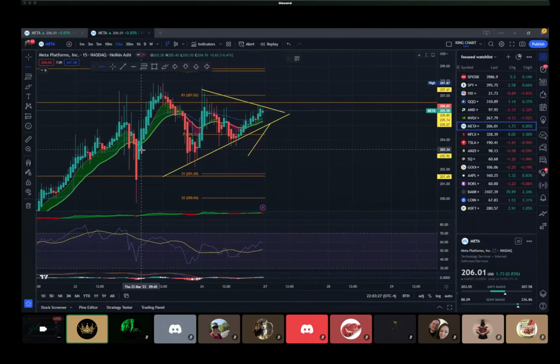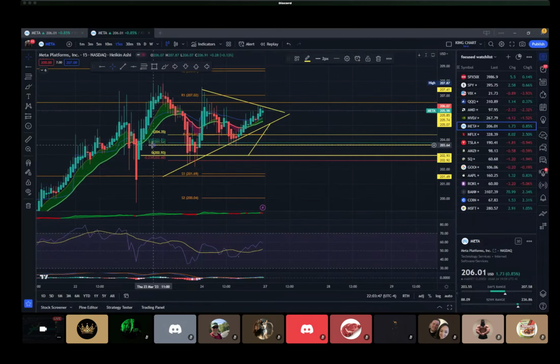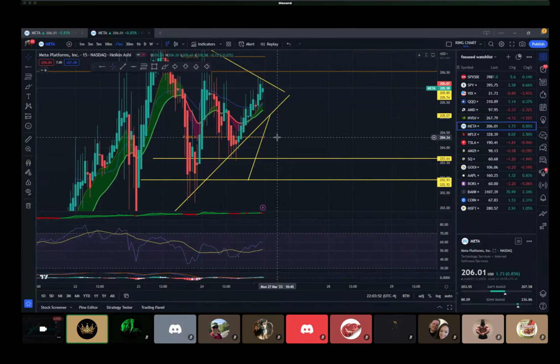Your move will go all the way down to 202.93. Again, it would have to break 204.40, and then we can see a big move to 202.93. But if you don't want that large move, that's fine. Draw it out, grab your fib, measure out about half. That'll be another price target for you to follow. So now you have 204.36, 203.64, and 202.93 for runners.